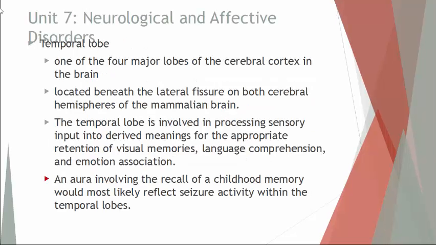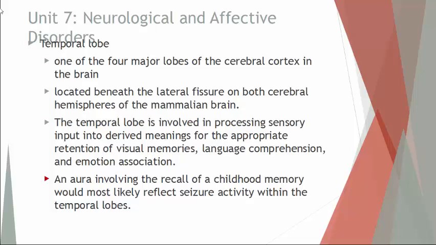Alright, now we'll move on to unit number 7, neurological and affective disorders. First we'll start with one of the lobes of the brain, the temporal lobe. The temporal lobe is found on the sides of the brain, where your temples would be. Of course, it's one of the 4 major lobes of the cerebral cortex, along with the frontal lobe, parietal lobe, and occipital lobes. And you'll find the temporal lobes just beneath a structure called the lateral fissure on both hemispheres of